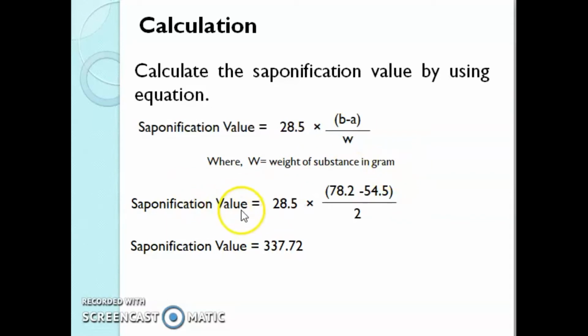So, saponification value is equal to 28.5 into our blank reading 78.2 minus our sample reading 54.5, divided by 2, as we have taken 2 grams of RHS oil. By calculating this, we will get an answer